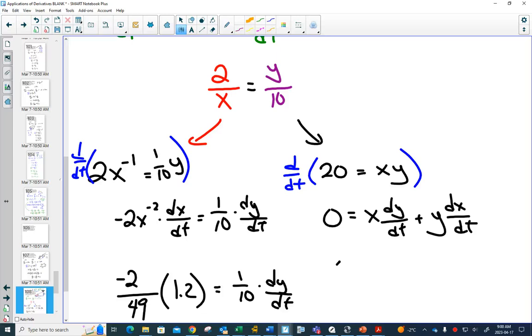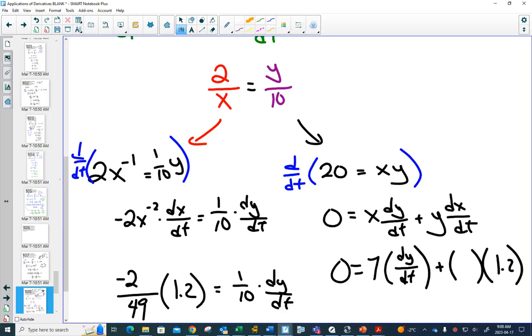So if we're plugging in things that we know, x was 7. dy/dt is what we're trying to solve for, and dx/dt is 1.2. We still need to figure out what y is. And the way that we figure out y is we would have to go to our ratio here and say, if I know that, oh,